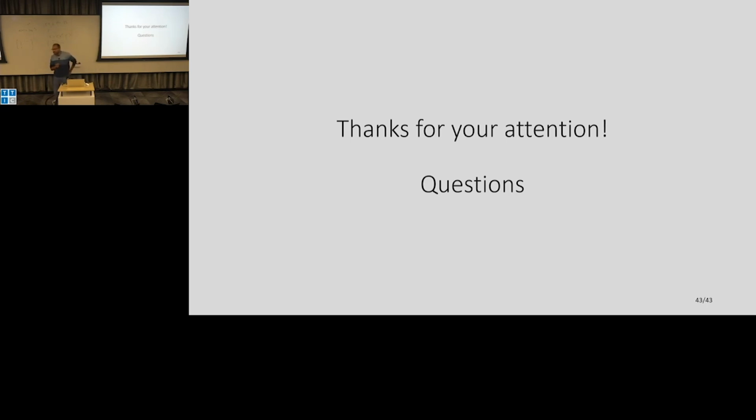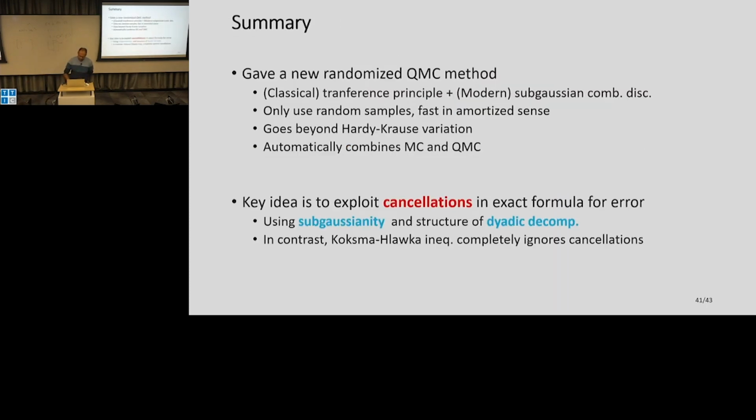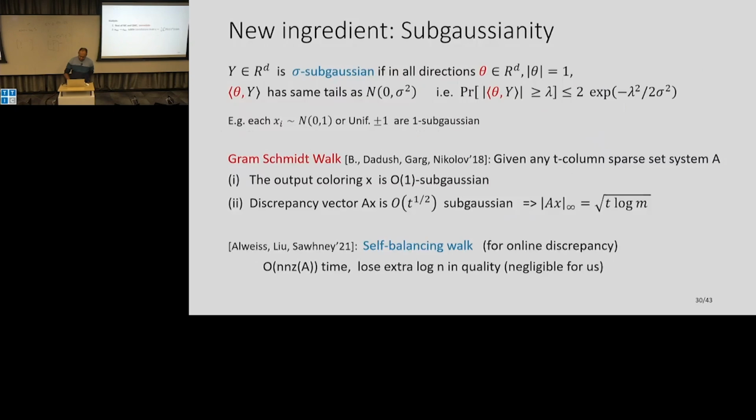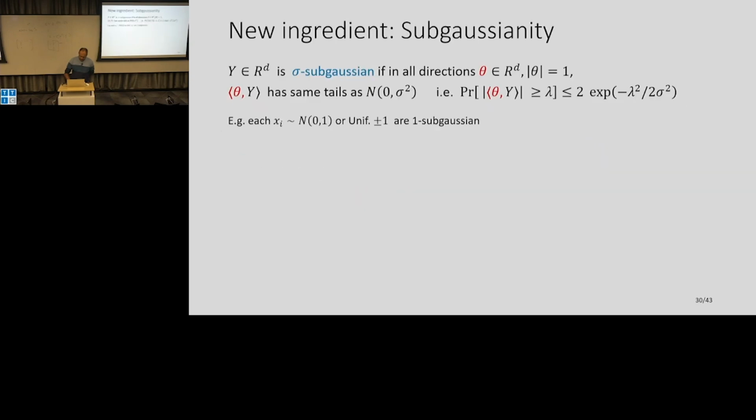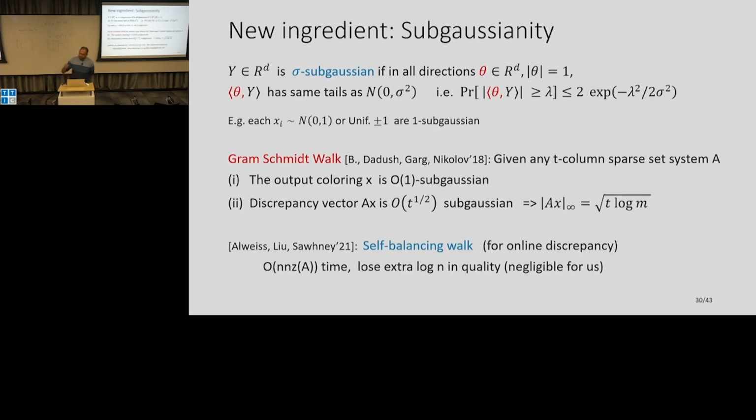So I had one question. You said you were using some black box result in which there were 2 bulleted points, and the first one was that something is sub-Gaussian, which you kept using throughout. Could you remind me what was sub-Gaussian? If I understood correctly, it was the number of points in each dyadic set. Was that random variable sub-Gaussian? Okay. So you mean this Gram-Schmidt work? What guarantee does it get you?